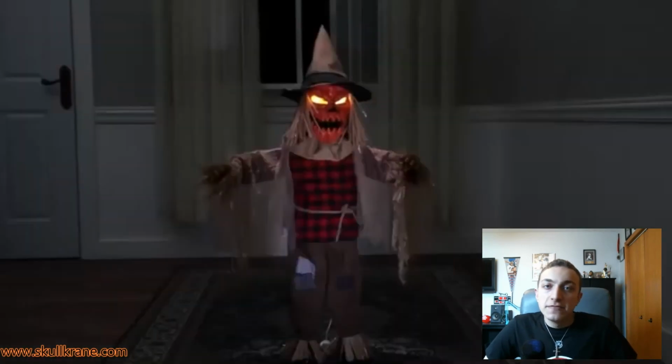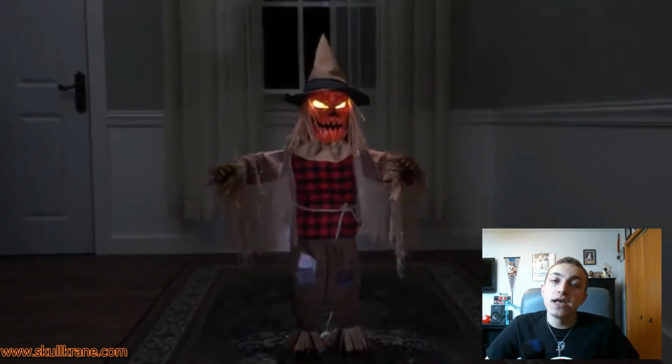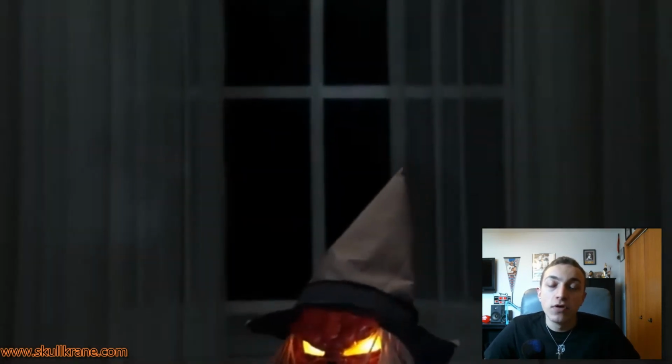Now, let's round out the list with these final 2 of the 36-inch characters, and here is the Scarecrow, my second favorite of the bunch. Now, this one doesn't have a direct counterpart in the life-size field. There are some that are very similar to him and use his audio, but overall, this one is probably